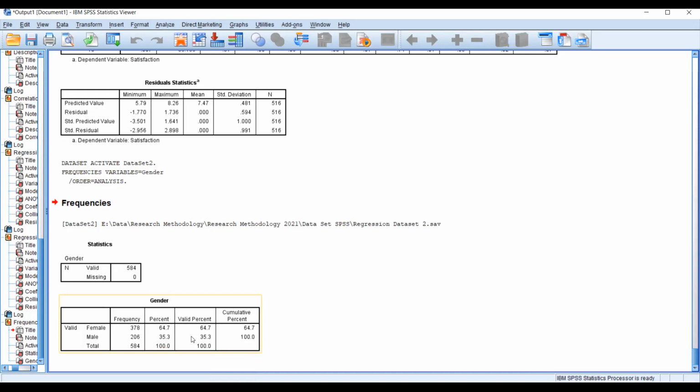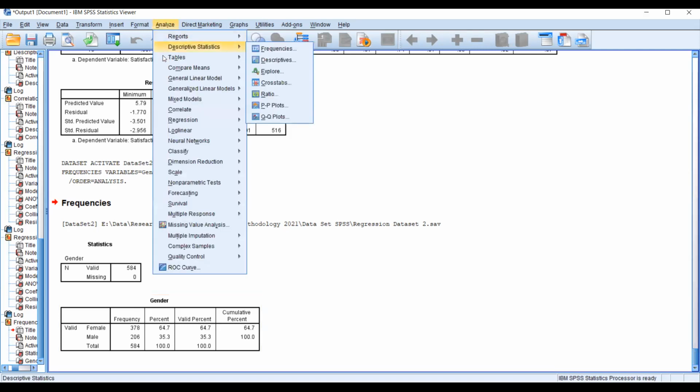So now let's see whether environmental citizenship behavior is going to change, or differs, between male and female. How to do it? If you go to Analyze, Compare Means, you can see different measurement tools here, right? It says one sample t-test, independent sample t-test, paired sample t-test, and one-way ANOVA.